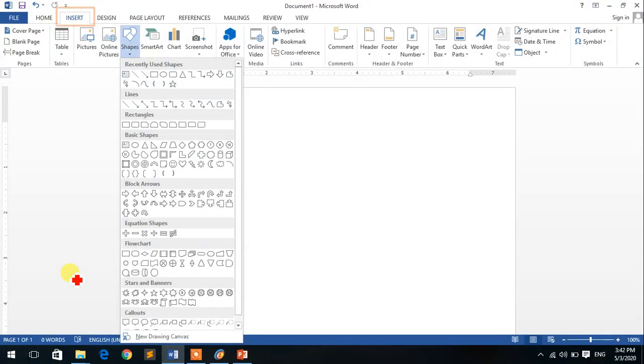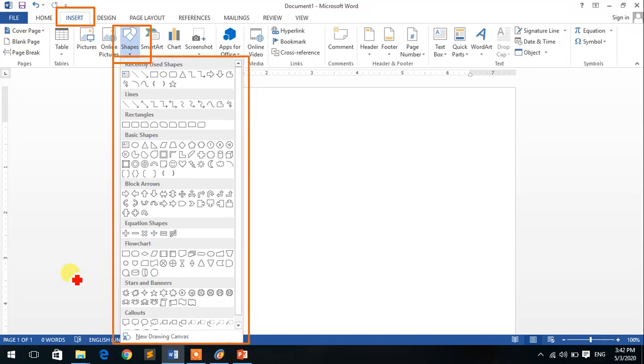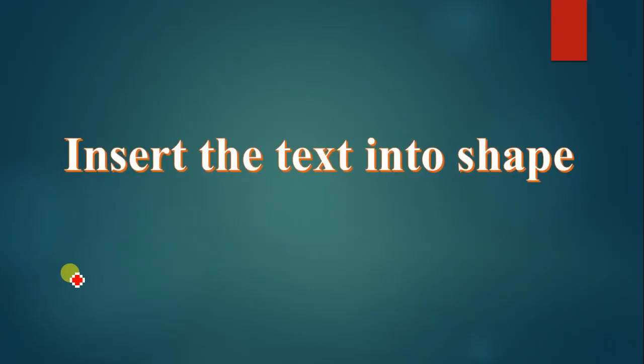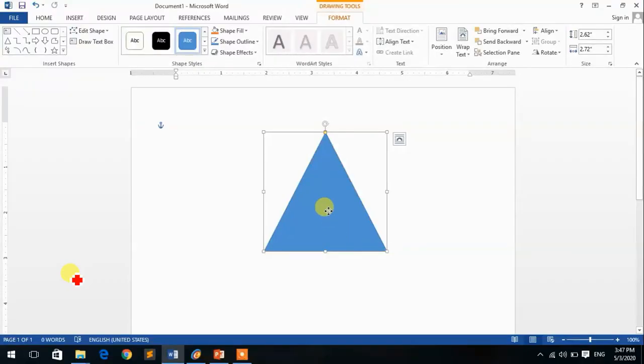Now let's see. So first of all you have to go to the Insert tab, then click on the drop-down of Shapes in the Illustrations group, then select any appropriate shape and click and drag on the drawing area. Now, inserting the text into the shape. How to insert the text?